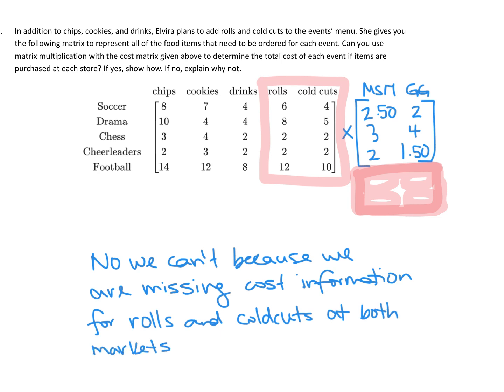So she can't just add more things that she needs to purchase for the events. She also needs to research how much those cost at the 2 markets. All right, let's go ahead and turn the page